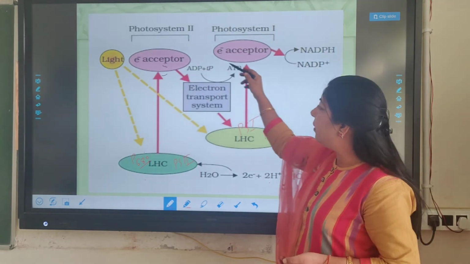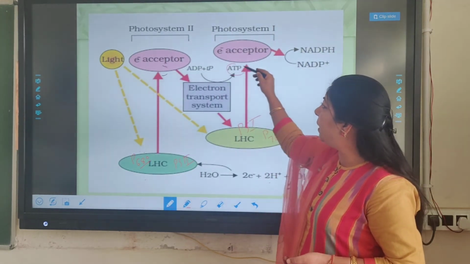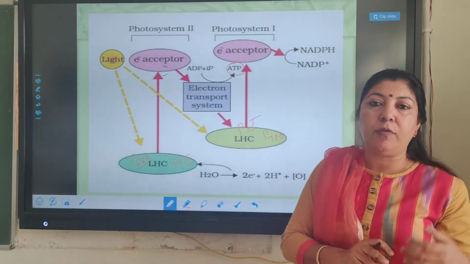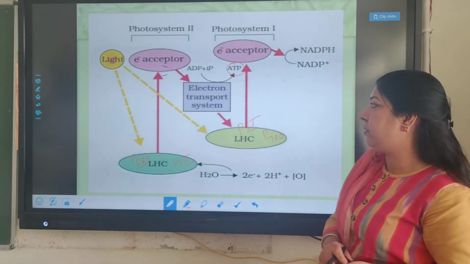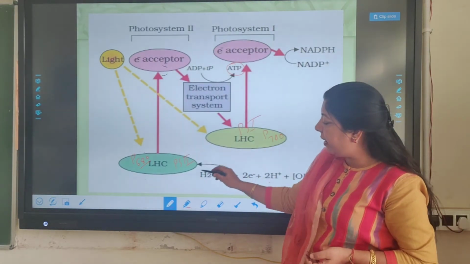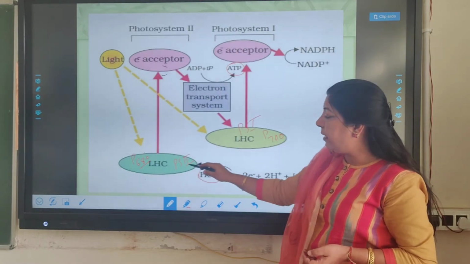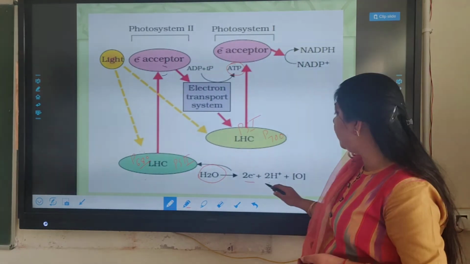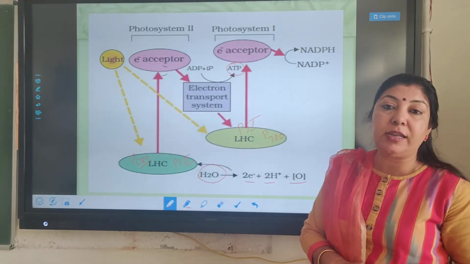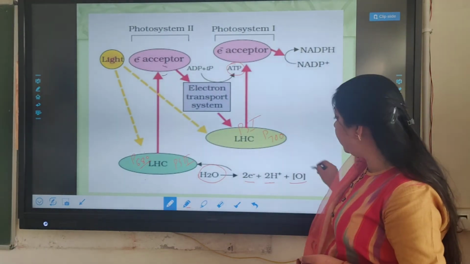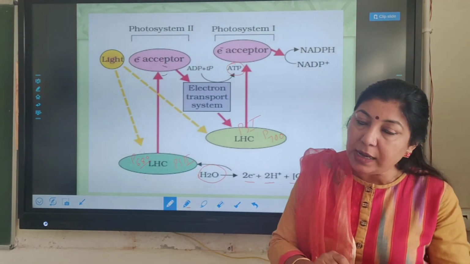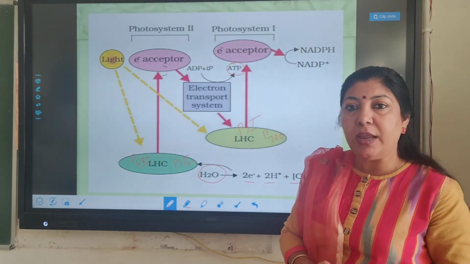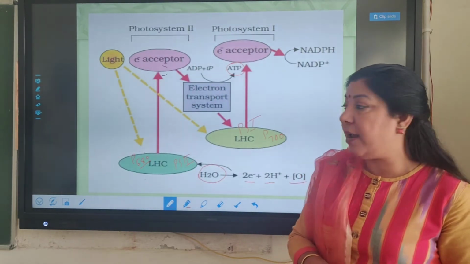In this process, the formation of ATP takes place in this electron transport system, which is made up of ferredoxin cytochrome complexes. Okay. And likewise, same way, here this water molecule is also broken. That is called as photolysis of water into electrons, hydrogen ions, and oxygen is released. So this release of oxygen is always associated only with light reaction, because this photolysis of water will take place only in presence of light. It will not take place at night.